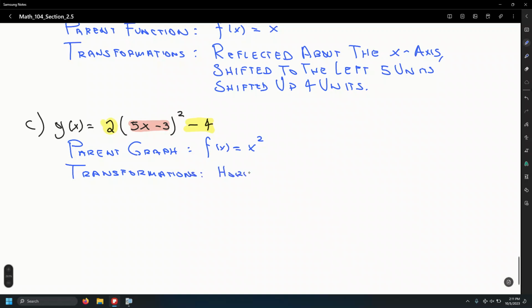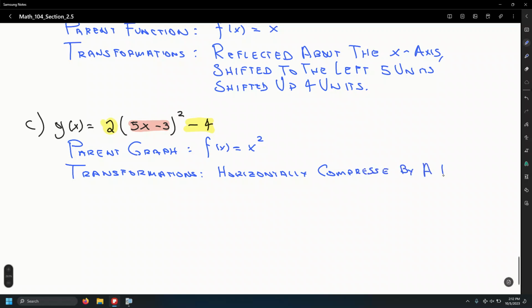Horizontally, what is that going to be? Horizontally, and it's going to be compressed, right? Because in the end, I think you can already envision the operations we're going to do, which is in this case to divide the x's by 5, right? When we divide x's by a number, that actually scales them to make them tinier. That is a skinnier function, if you will. That'll be horizontally compressed